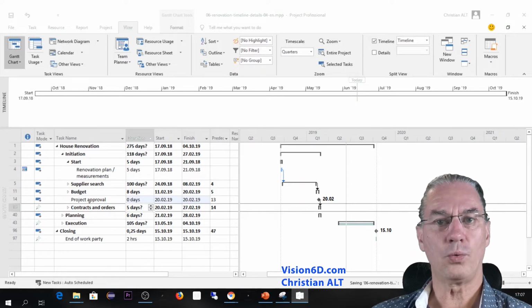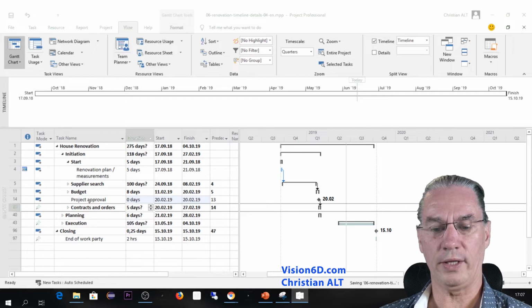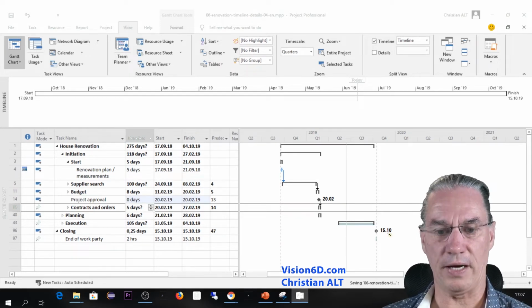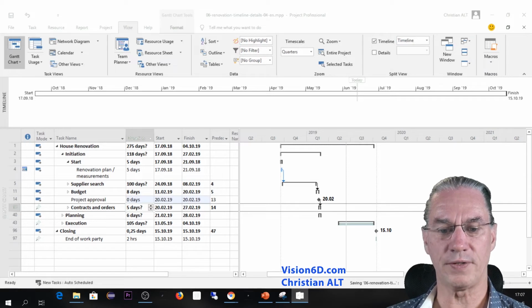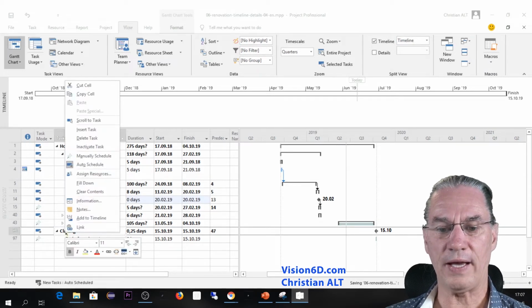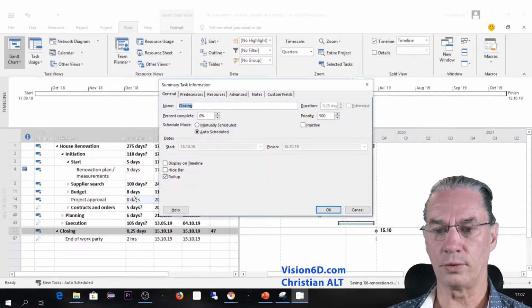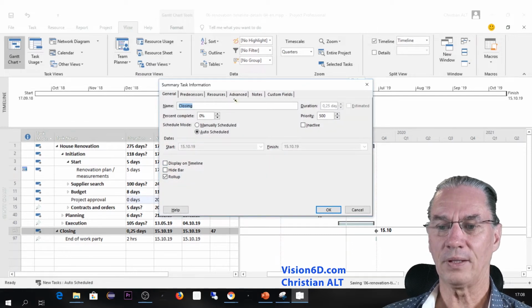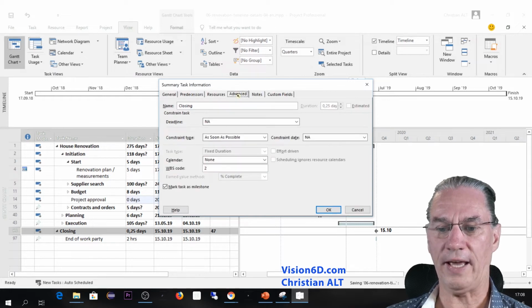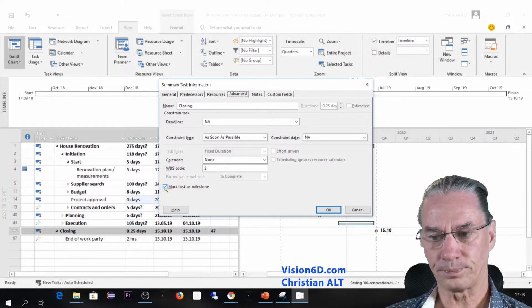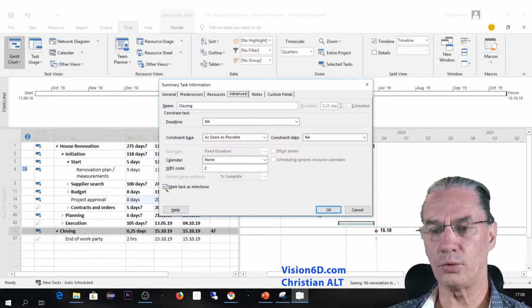So this was one way to do it. You see, the closing is also defined as a milestone. How did I do this? I'm saying this because I did it in a different way. I went into information, and you see that we can go within advanced and we can mark this as a milestone. So I will remove it,